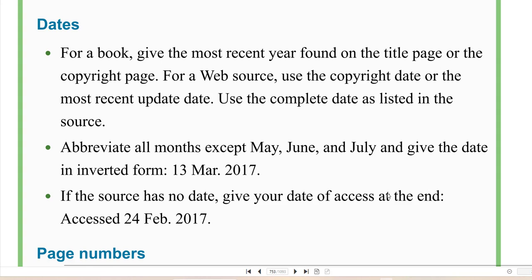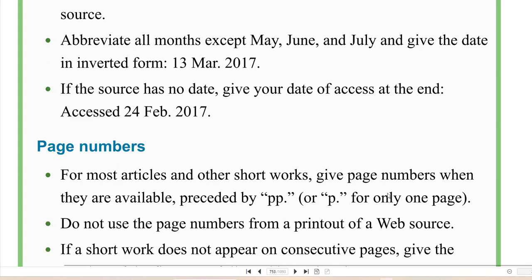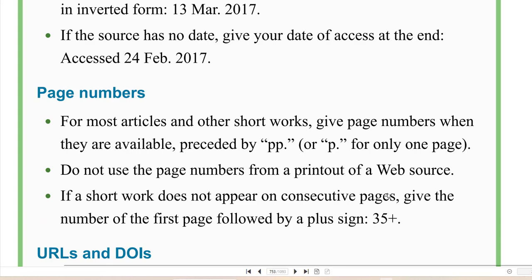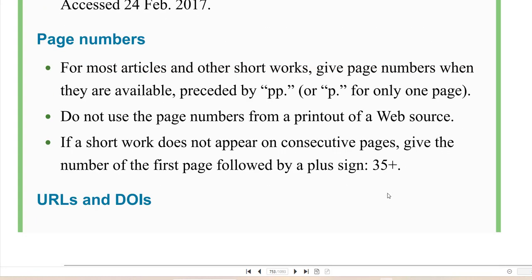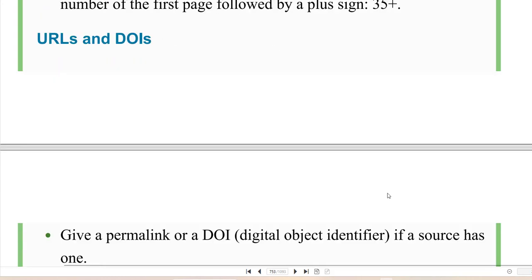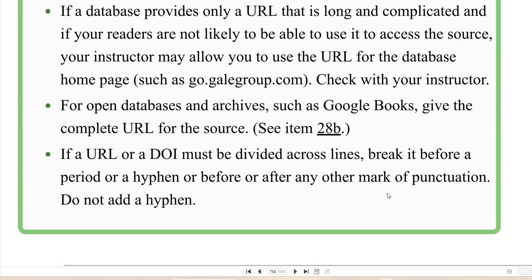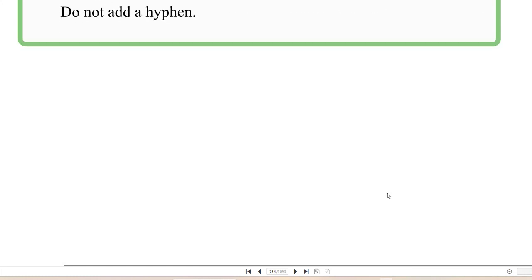If the source has no date, give your date of access at the end: accessed 24 Feb. 2017. For most articles and other short works, give page numbers when they are available, preceded by pp. or p. And usually the page numbers and the URLs are the last things that you see in a works cited citation.